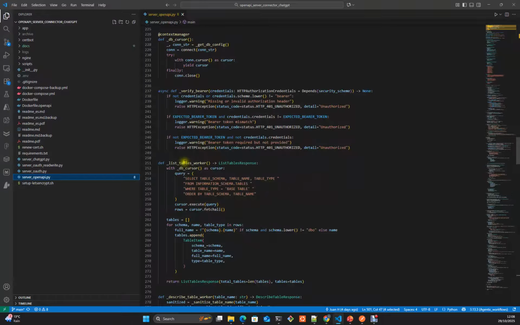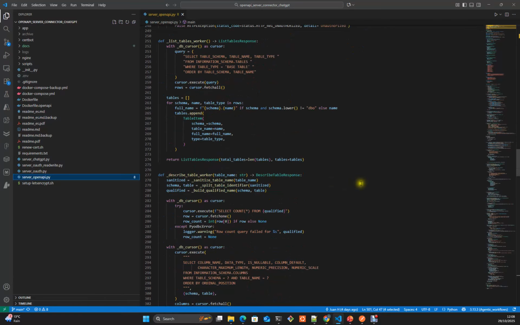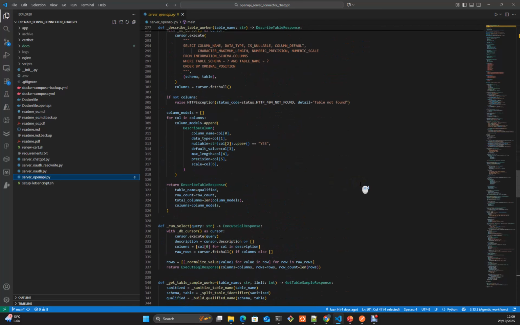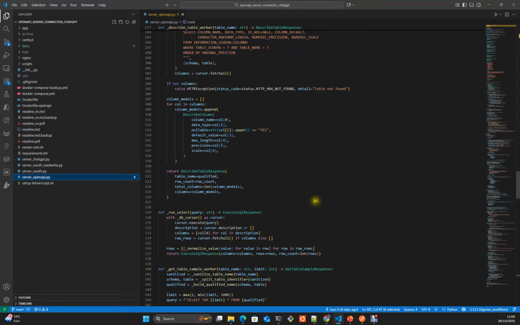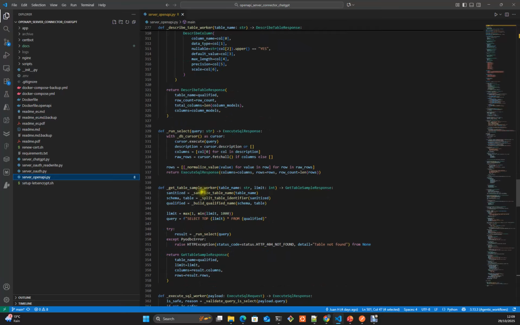For example, here we had list table worker. This is another method, this is a helper. Describe table worker, another helper. This will be used later on the final asynchronous entries that implement the entry points that are exposed later on our REST interface, REST APIs, run select and get table worker.